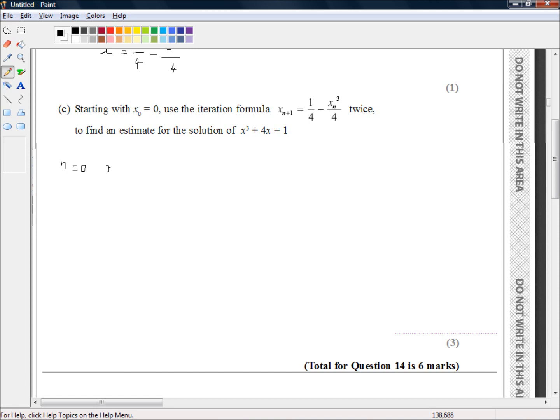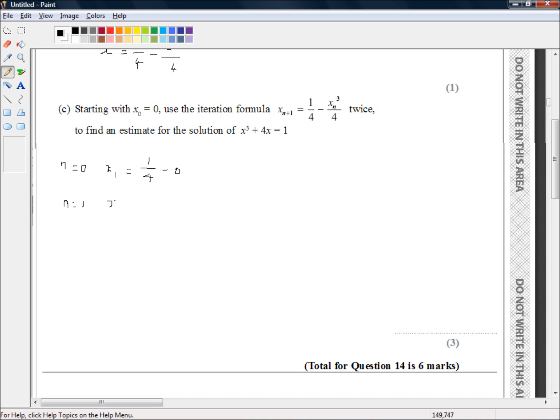So x of n plus 1 will be 0 plus 1 is 1, so that's x sub 1 is equal to 1 over 4 minus x sub n, well, it's 0, x sub 0 is equal to 0, and n is equal to 0. 0 cubed is 0, and 0 divided by 4 is 0. So we know x sub 1 is equal to 1 over 4. So now we use the iteration formula again. This time n is equal to 1,